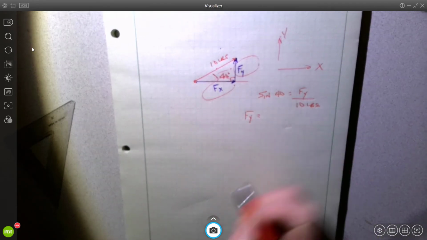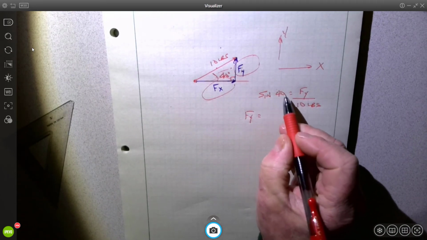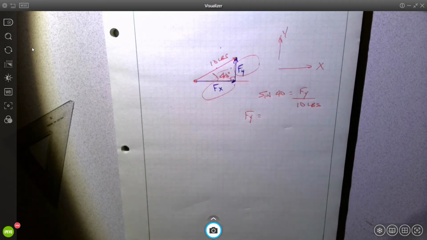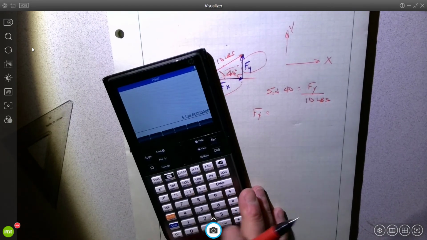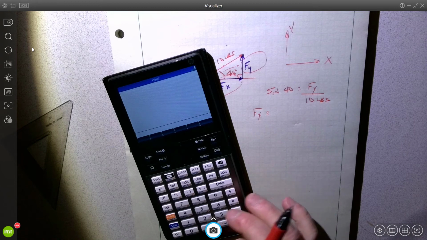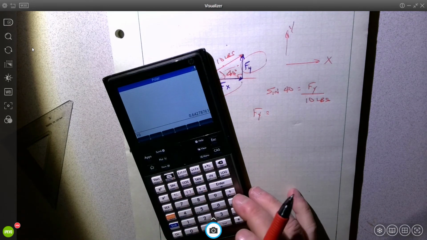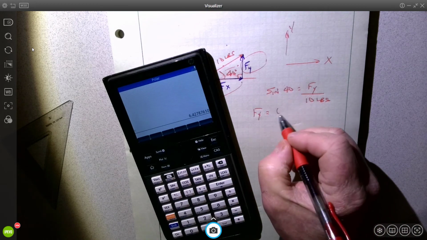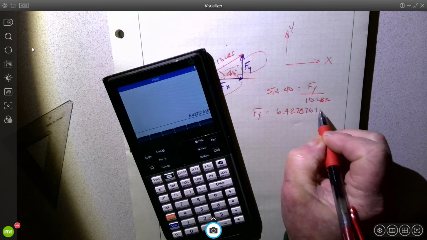Fy equals, I do algebra to clear this, which means the 10 comes across and multiplies by the sine 40. So I can just do that maneuver. 6.4278761